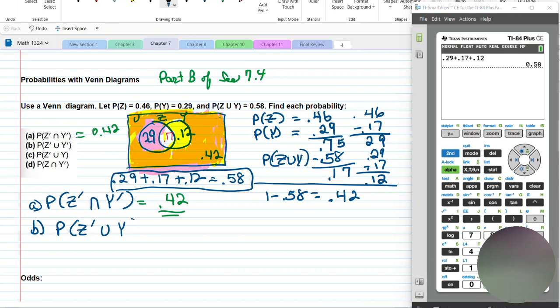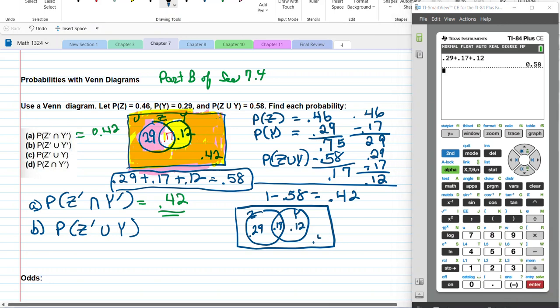So in our Venn diagram, this is our Z, this is our Y, and it's 0.17, 0.29, 0.12, and 0.42. Okay, so they're saying not Z, which is